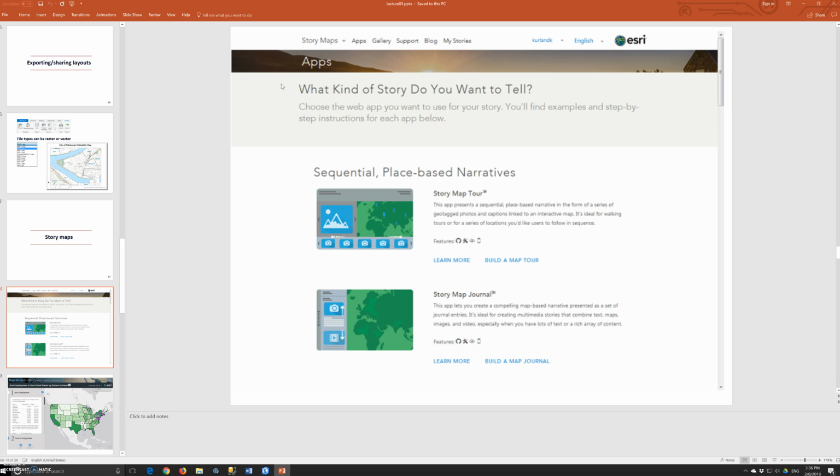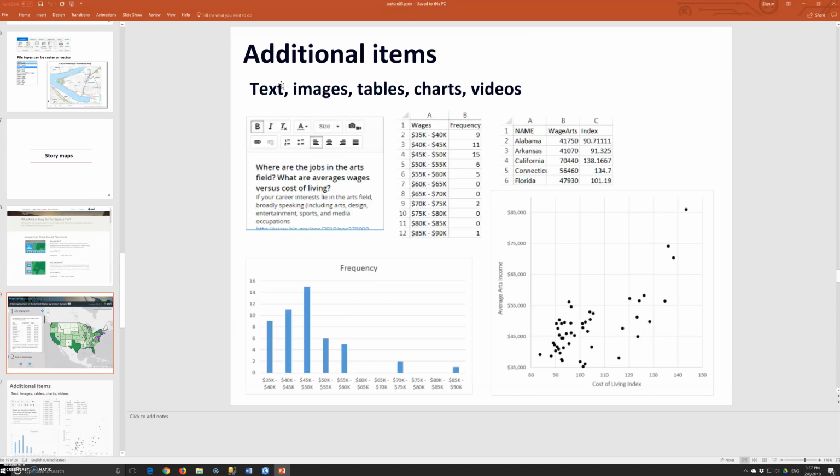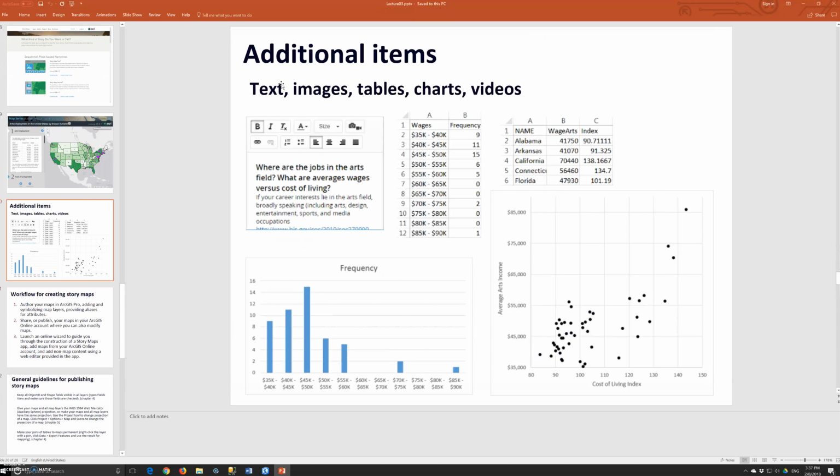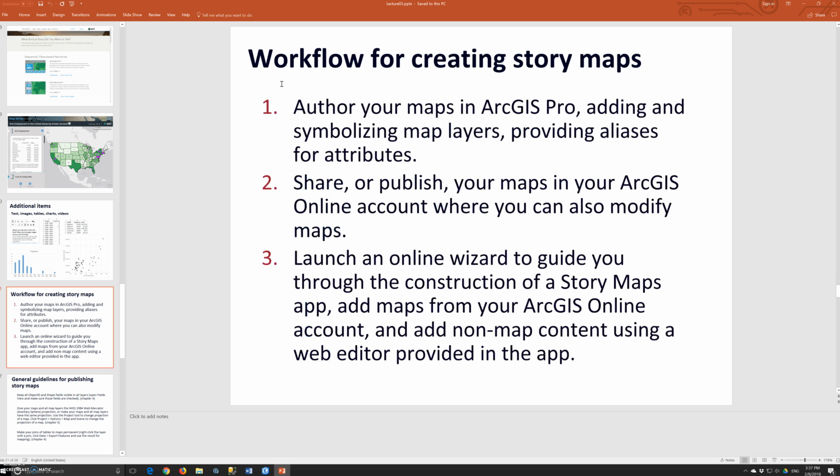So the second topic focuses on creating tables and charts in Microsoft Excel to use in story maps. The later tutorial is optional for those who do not have Microsoft Excel skills but want to make professional tables and charts, and then save them as screen captures to be used as resources in building story map content. And now we're going to go over a little right here. Like additional items: text, images, tables, charts, and videos, workflow,